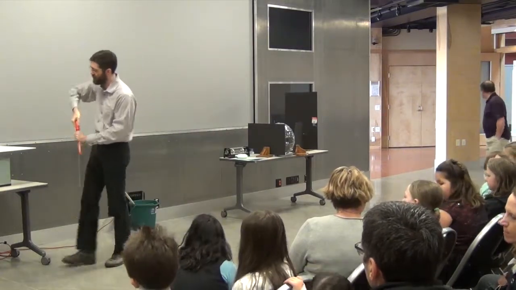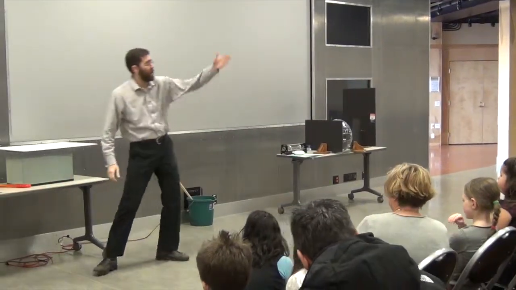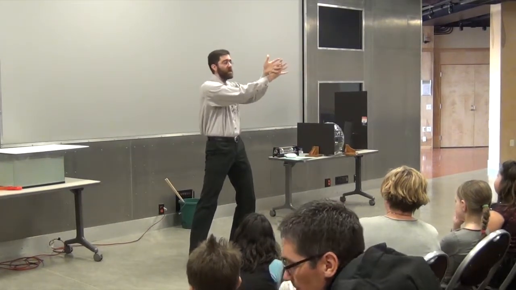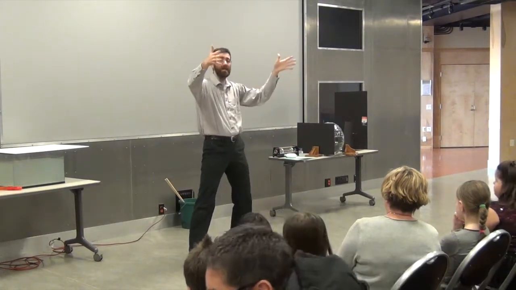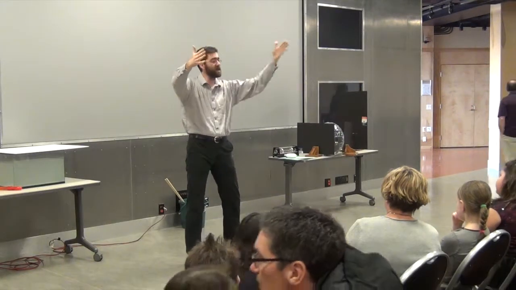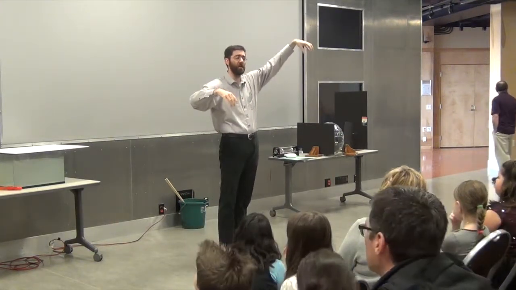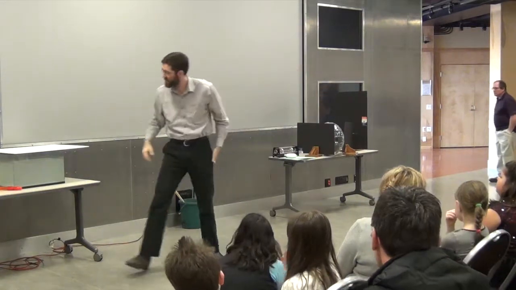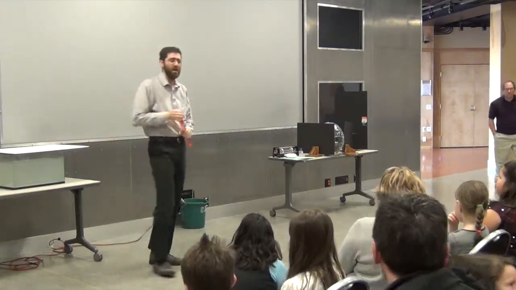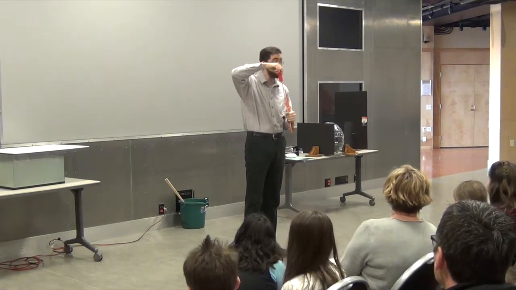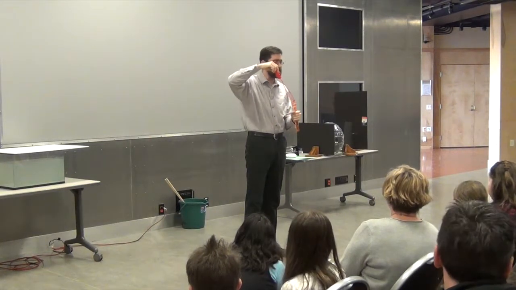So if I have a wall and a wall, I could block all the light. But if I let most of the light through and reflect a little bit here, and then most of the light through and reflect a little bit here, I can preferentially get one color on this side and one color on that side. Now, if it's reflection and transmittance, if we're bouncing the light versus letting it through,